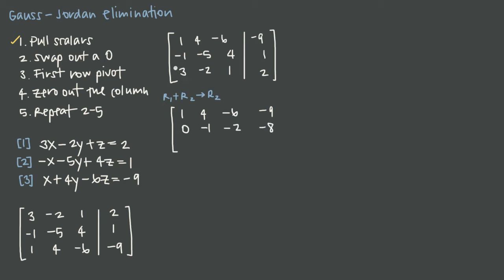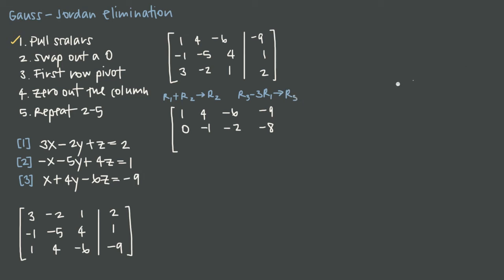Now to get a 0 here in the third row where the 3 is, we'll take 3 of row 1 away from row 3. Because if we multiply row 1 by 3, we'll get a 3 here. 3 times 1 is 3. And when we subtract that from this 3, we'll get a 0. So our row operation is really going to be row 3 minus 3 of row 1 is going to replace